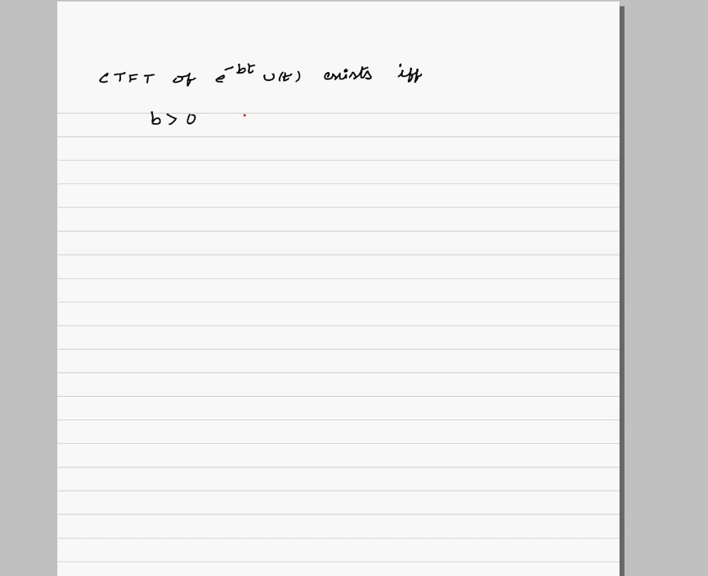But what is b for us? That is nothing but a plus sigma, right? So a plus sigma should be greater than 0, right? What should happen to sigma? So sigma should be greater than minus a. But what is sigma? It is nothing but real part of s greater than minus a. So CTFT of e power minus bt u of t exists if and only if real part of s greater